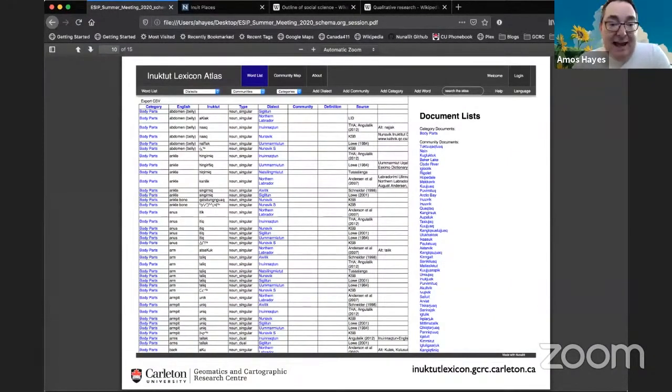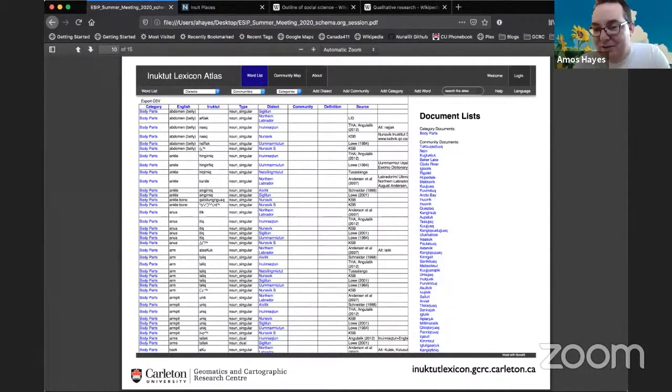So language is another one, right? If you want to know different ways to say certain things, you think, well, this is of great interest to linguists, but actually all the biologists are interested in this now because the Inuit have different names for fish that they can only identify through genetics testing.